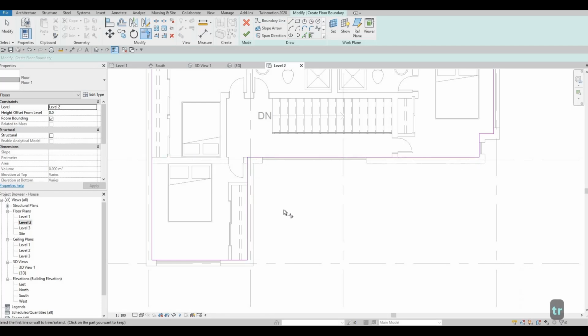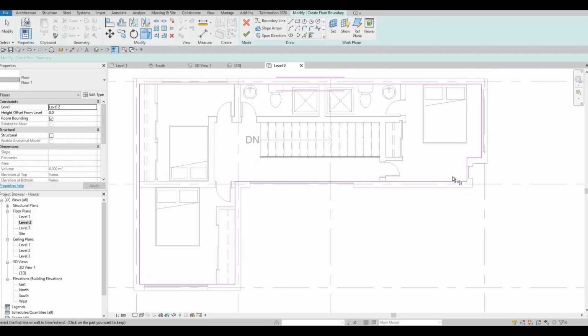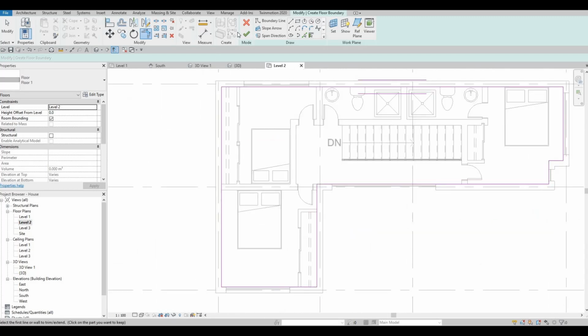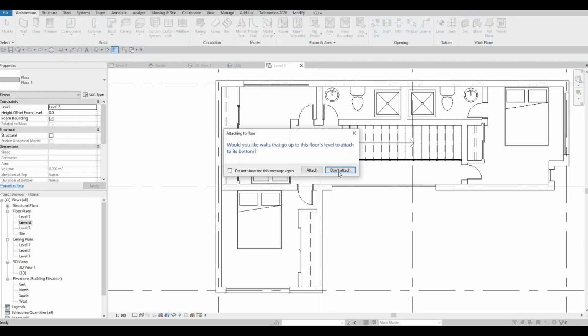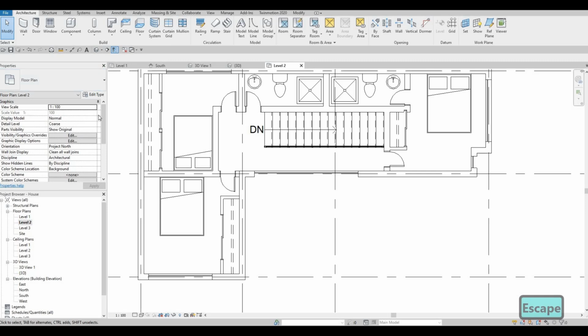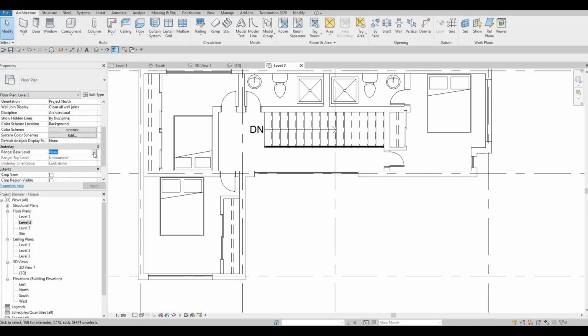It's because we need to edit where the location of the balcony is. So for now, let's click finish, don't attach, and then let's go here at the under properties and turn on underlay